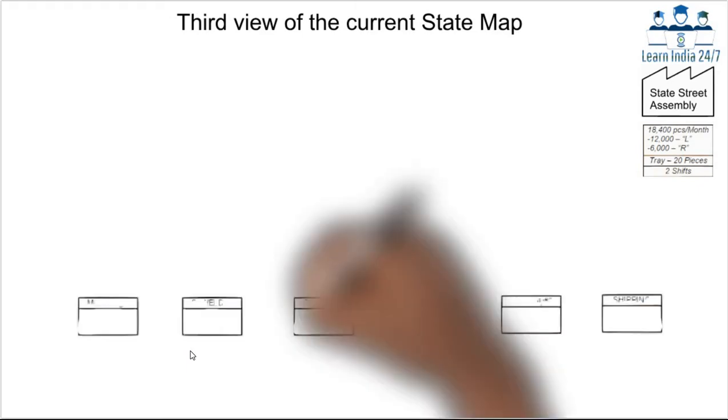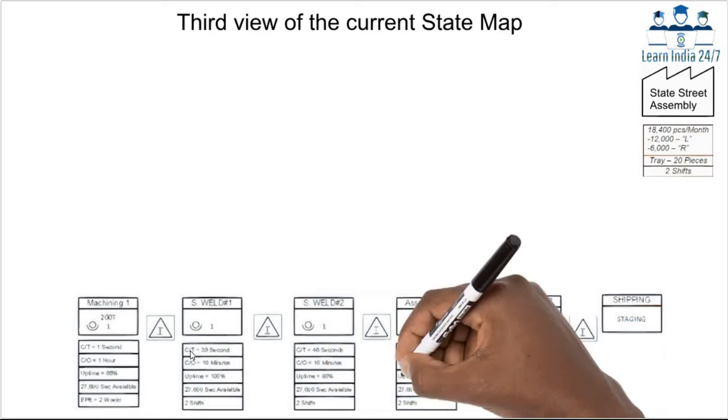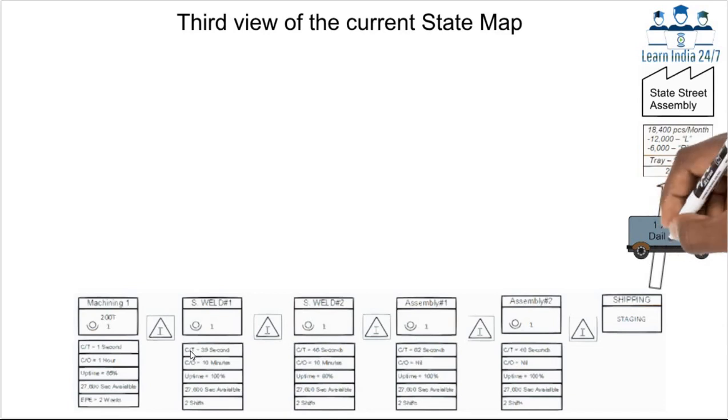Next, we will draw each of the processes involved in Acme's steering bracket preparation, with the process data box drawn below each process. At Acme's last assembly workstation, steering brackets are taken to a staging area and staged as per the shipping schedule. Steering brackets are delivered daily by truck to the customer assembly plant. Here the truck icon and broad arrow icon indicate movement of finished goods to the customer.